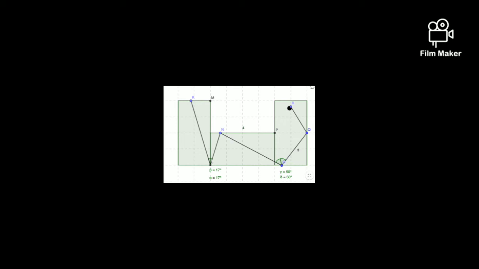Okay, so I'm going to explain how I found the distance that my golf ball traveled in my mini golf activity. To do this, because we're following angles of reflection, the distance that our golf ball traveled makes up the hypotenuse of a right triangle. So to find the distance that the golf ball traveled, all we have to do is find the value of